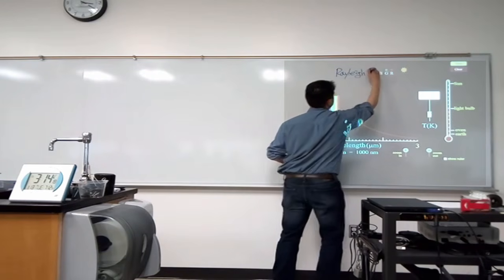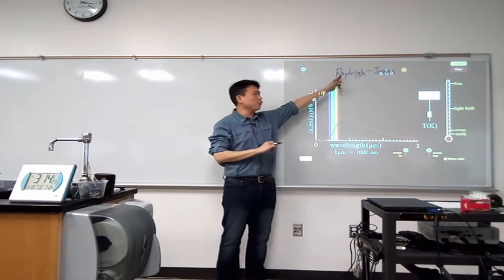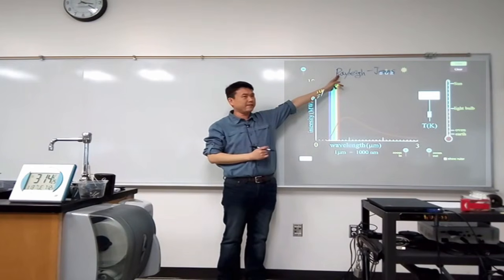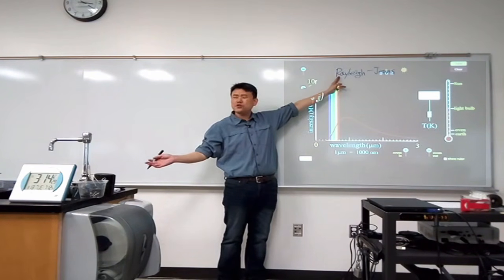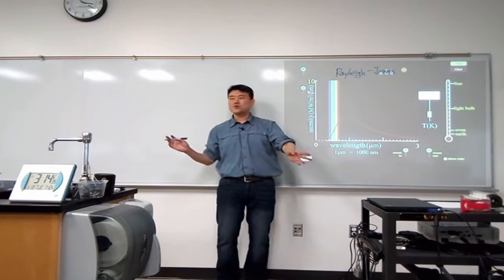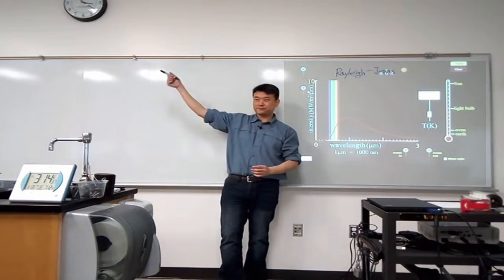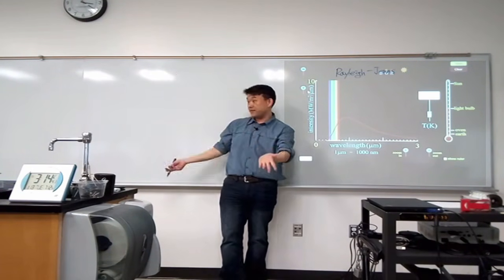So this is a prediction of something called Rayleigh-Jeans. How many here are familiar with the name Lord Rayleigh outside of the Rayleigh criterion? It's the same Rayleigh. How many here have heard of the phenomenon called Rayleigh scattering? No? You never asked the question, why is the sky blue? Yeah, the way it's explained is through Rayleigh scattering.